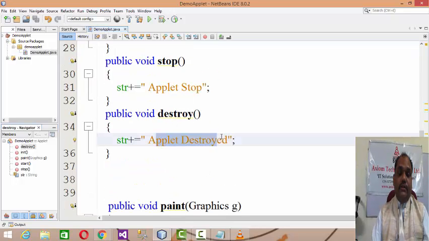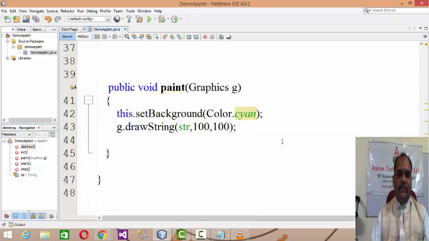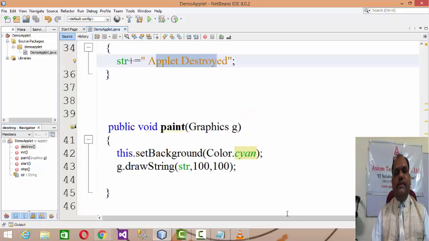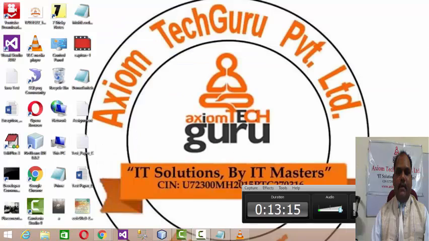Obviously, if you close everything, you will not get that destroy message on the window, but if you are using the system or another printer, you can print that particular message as well. So this is the way an applet performs basically the life cycle of an applet, right?